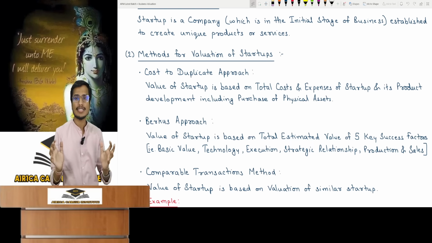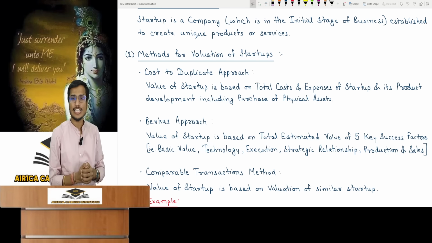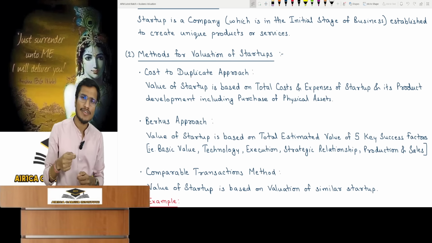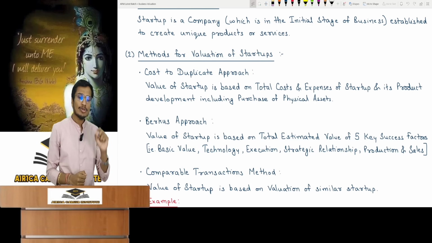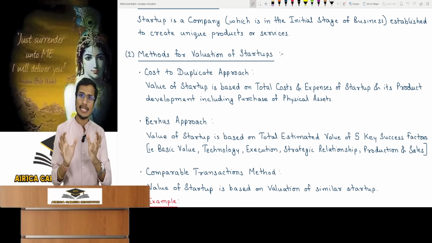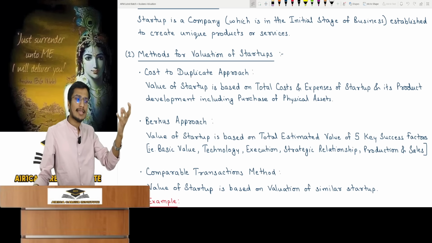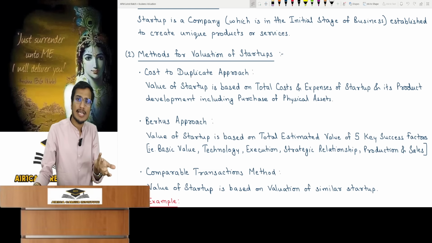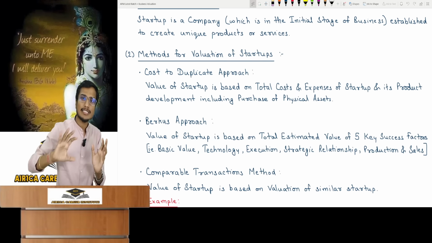Look, the people who do startups, people who have an idea but no money will initially seek funding for their startup. We will study a chapter, Startup Finance, to understand in full detail how a startup raises money. So understand here, in my company, I had an idea to create a product like this, but I needed money, funding. So I went to people to get funding for my startup. So look, you want funding, it's still in initial stage, how will we do it? So I said, look, to set up my startup in total, to set up this business, I will need an